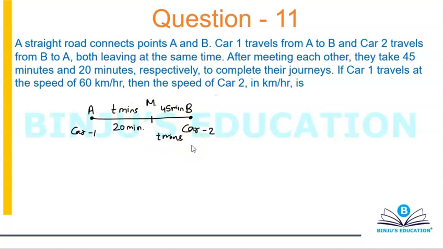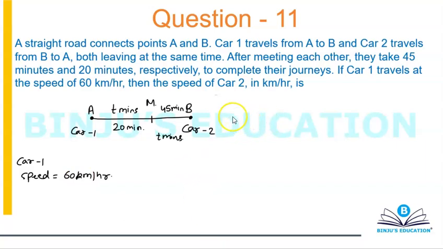Okay. And it also says that car 1 travels at a speed of 60 km per hour. So you can simply say that car 1 speed is 60 km per hour. Then the speed of car 2 will be what? Okay. Now,